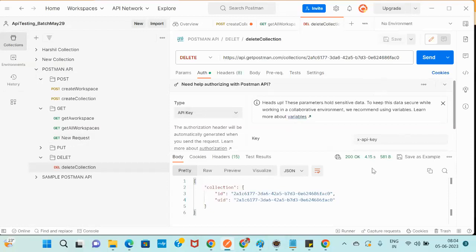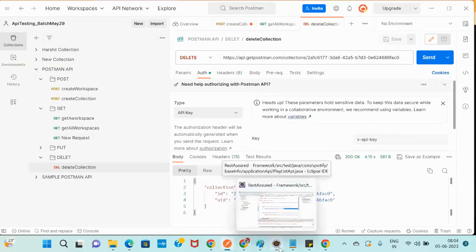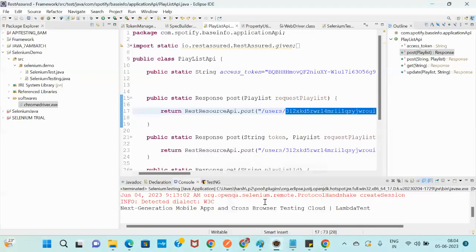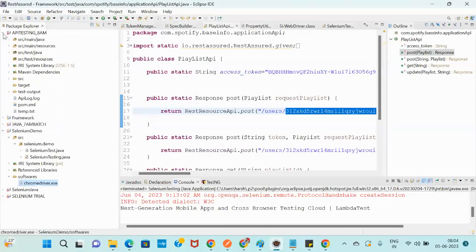Here, instead of programming, you have a tool to do that. But there, everything you need to do with the help of the program. Okay. So if I want to show you a sample example,